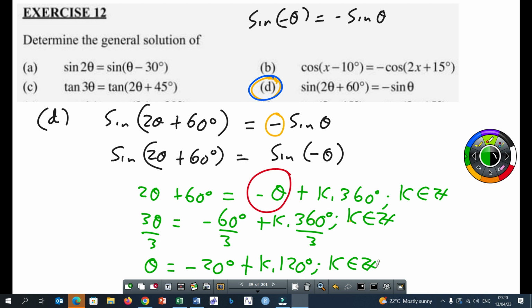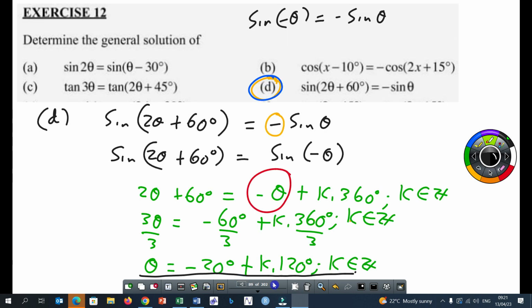Then I also need to cater for the third quadrant. Now, since I know this is my reference angle here, all I have to do is subtract minus theta from 180. I hope you know that sine has got two general solutions. I hope you remember that. So this is my first answer. That's the first answer there. The second answer,